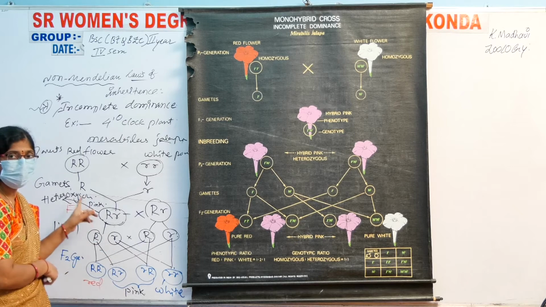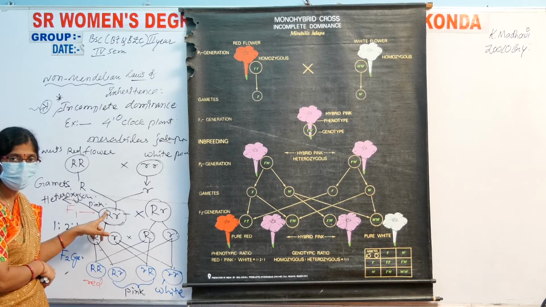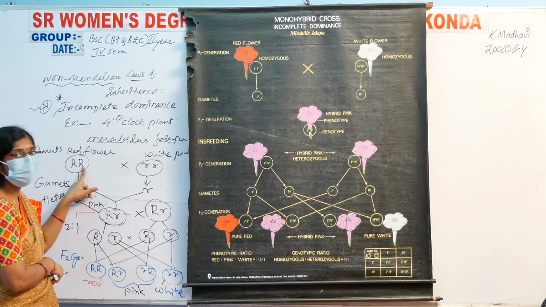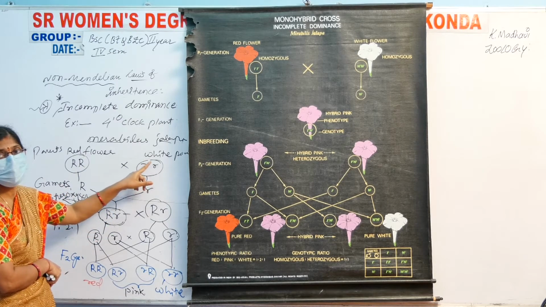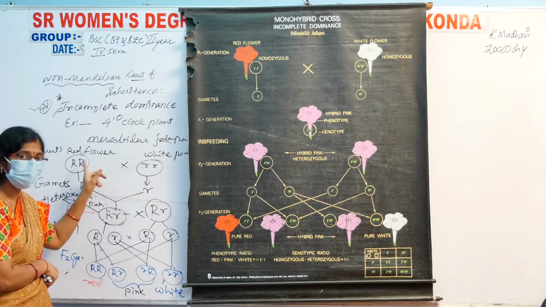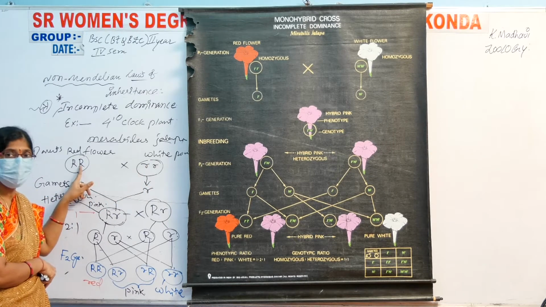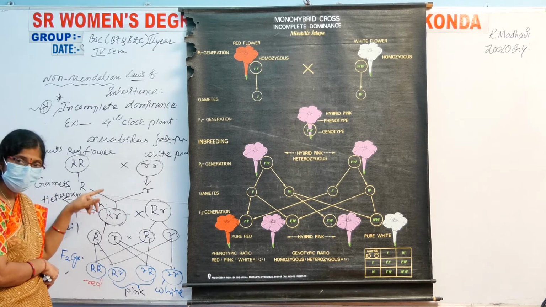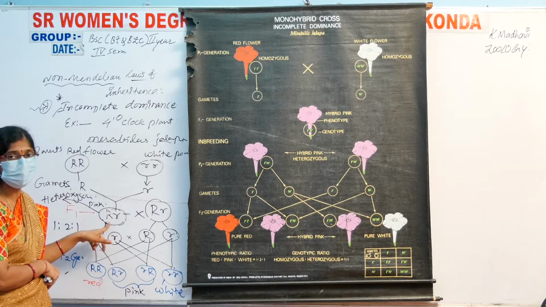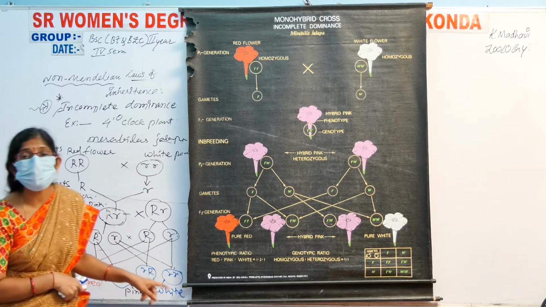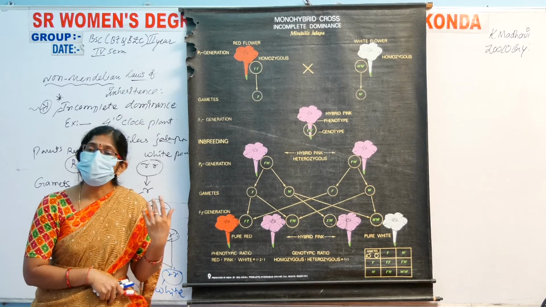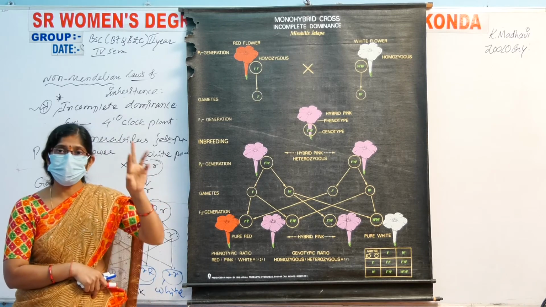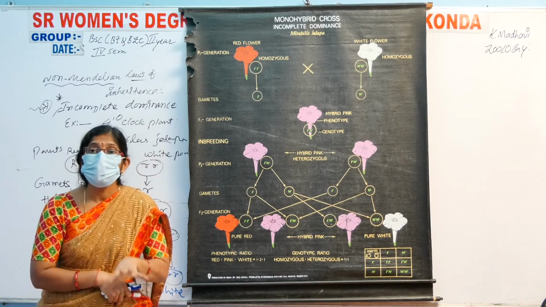Is it clear? In the F1 generation we got the hybrid, that is the pink color flower plant. Red color flower, white color flower, these both are homozygous parents. This is the parent generation. These both parents can breed and produce a hybrid one. This hybrid one does not show the parental character. It completely shows another character, that is pink color. Red and white are mixed to form the pink color.